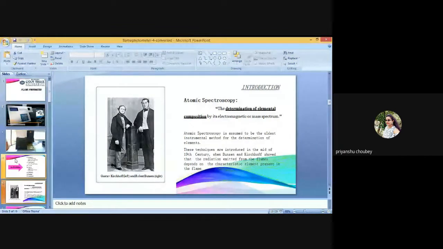Operation of flame photometer. While the ordinary types of manual flame photometer can be operated with great ease, modern